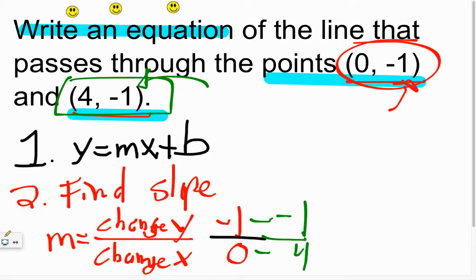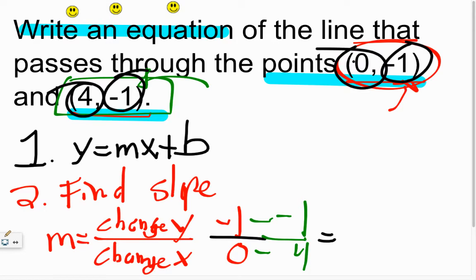So we're doing the change in the y values from -1 to -1 and the change in x values from 0 to 4. Don't subtract, add the opposite to help with mental math, because now we're going to see that that is 0 over -4, which tells me, when we simplify that out, that our slope,